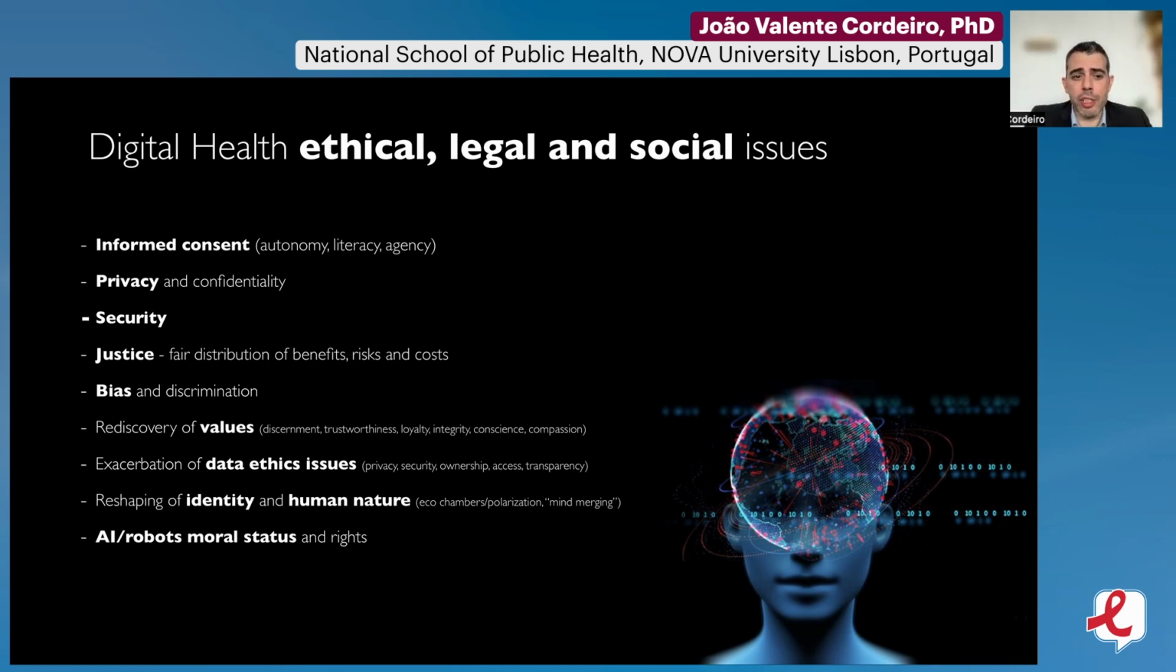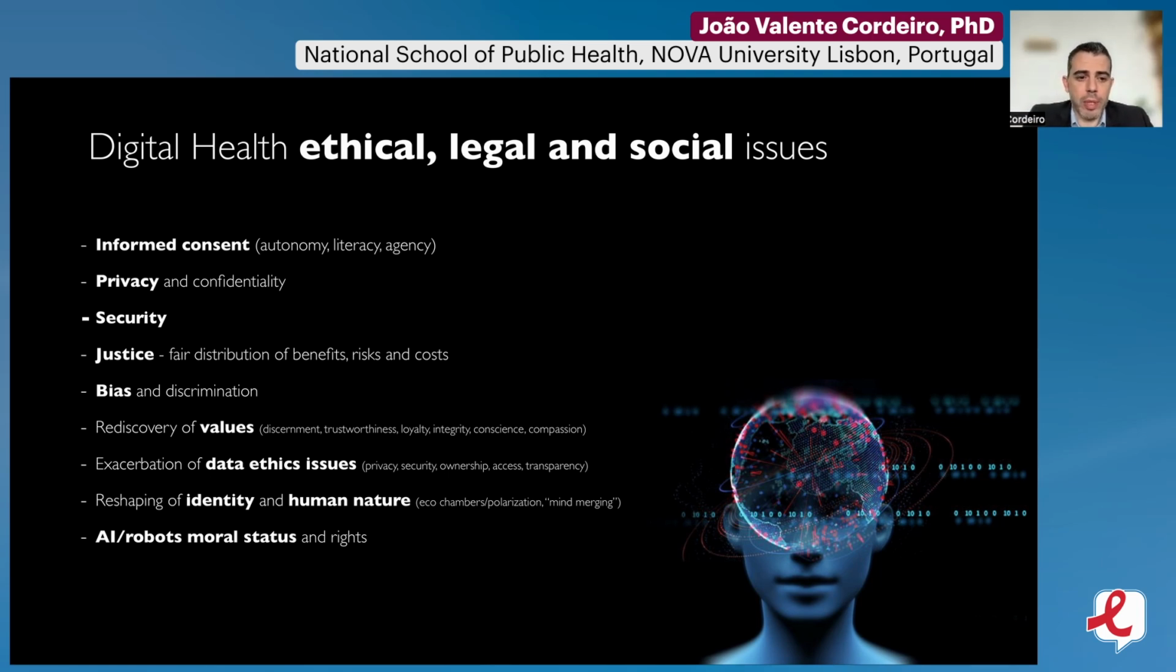We also need in this digital world to rediscover values that we know are important in the health sector, such as discernment, trustworthiness, conscience, and compassion. And these are very difficult to translate onto data. So how do we assess compassion in terms of data? It's very complicated. So we need to keep on discovering and rediscovering what these values mean in the digital world,